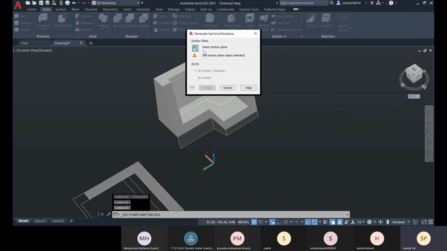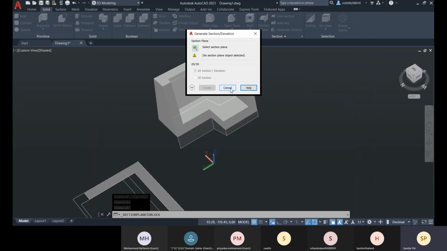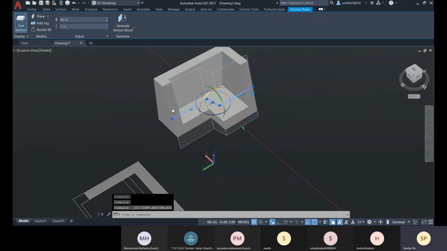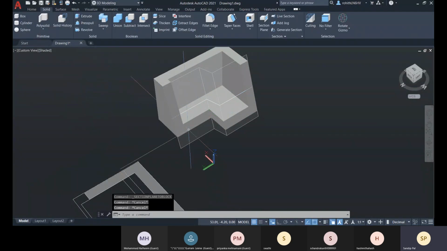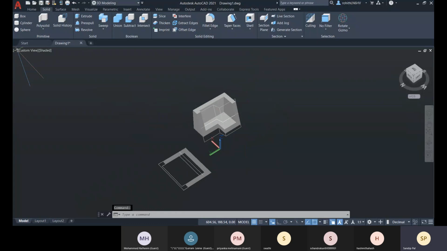The same thing, you generate this as a block. So just a second, cancel. You have to select this option, and then you go for this generate section block. All right, so this is how we cut section in AutoCAD. So this is how we create our 3D model.